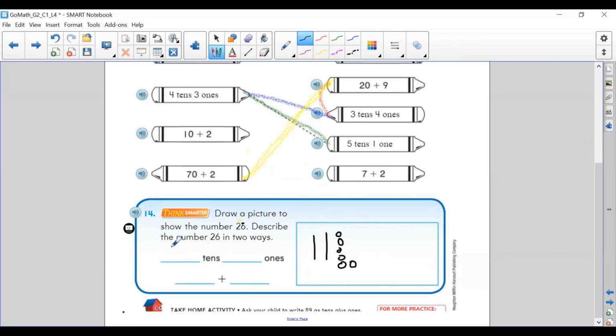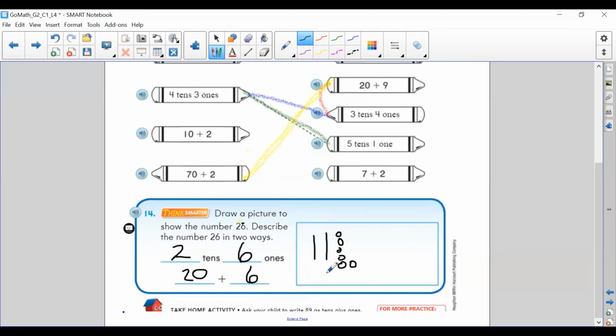Okay, so how many tens did we draw? That's right, we drew 2. How many ones did we draw? That's right, we drew 6. What's the value of 2 tens? 10, 20. So it is 20, just like it sounds when we say the number 26. And the value of 6 ones? It is 6. Okay, boys and girls, well, you have now studied expanded form and place value, tens and ones,